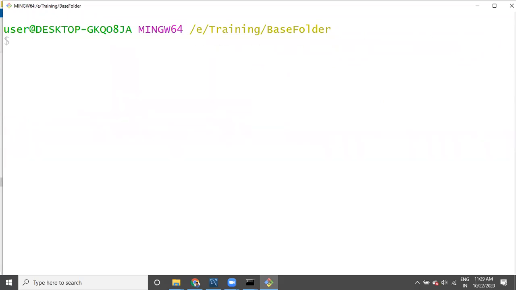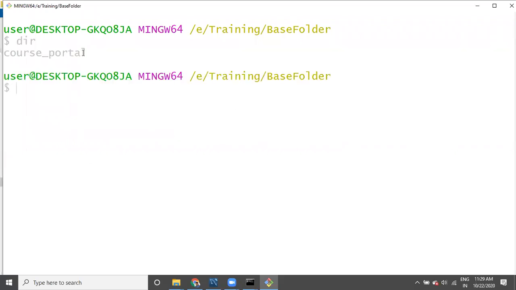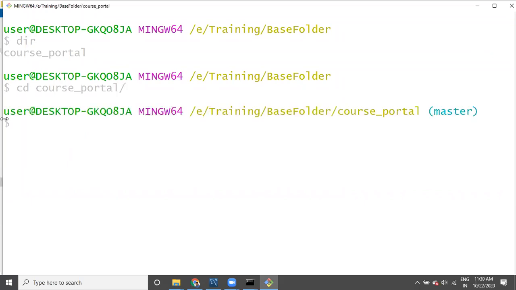Now if I say dir, then I can see one folder. This is important: you have to enter cd and go to that particular folder. Whenever you enter this folder, it will show you master. Maybe whatever URL you get may not be master; it may be a different branch name.